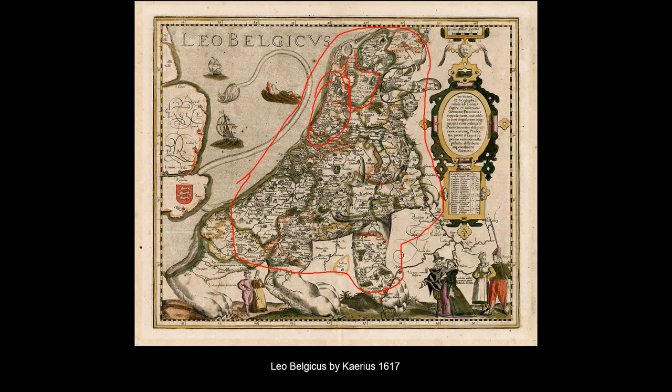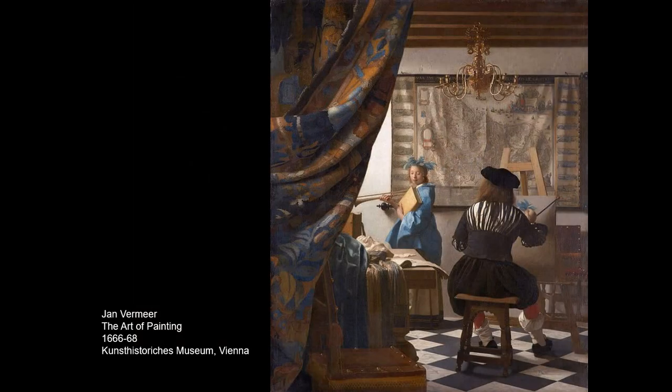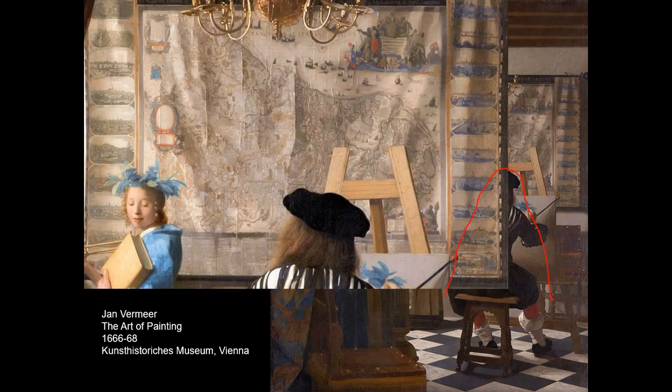But the Netherlands was this incredibly rich society. And so all of this wealth, all of this pride fundamentally pops up in the art, and it changes the art. For one thing, you're going to see a lot of maps in the backgrounds of these paintings. This very famous Vermeer painting, which probably shows Vermeer in his studio, has on its back wall a painting. And although this painting is turned 90 degrees, this is in fact a map of the Netherlands.